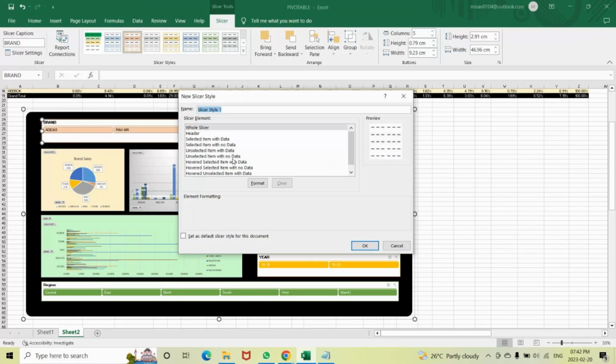Okay, so now, over selected item with no data. So this is how you have a preview. See, now I'll select something here. Over selected item with the data. This item, this one I'm selecting. I'll click on this